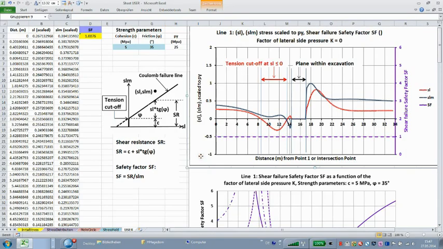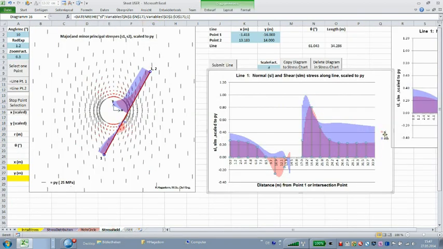Please note, the diagram in sheet User is not generated by the application. It has to be handled by the user, and a basic knowledge of how to generate Excel diagrams is therefore required. When specifying the normal stress SL and shear stress SLM along an arbitrarily oriented plane in sheet stress field,